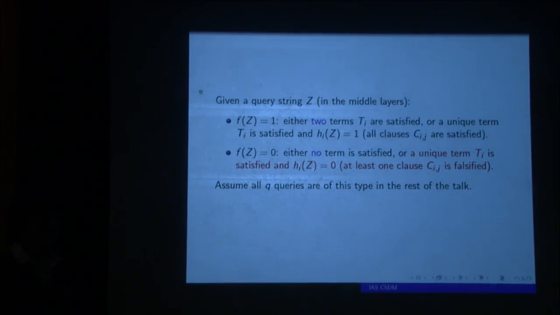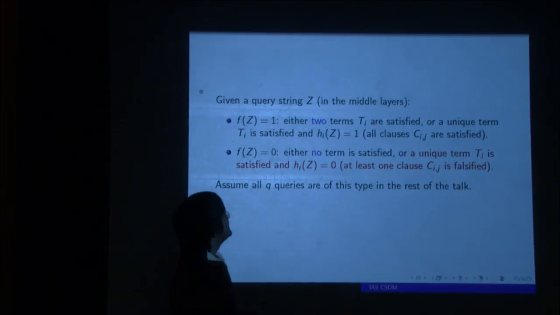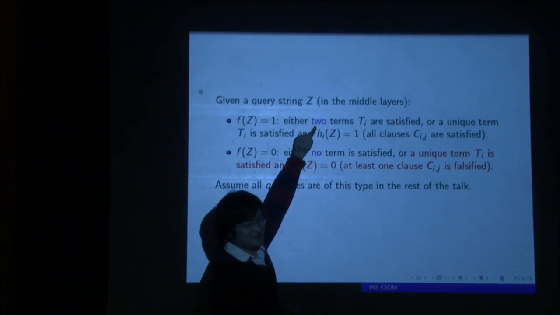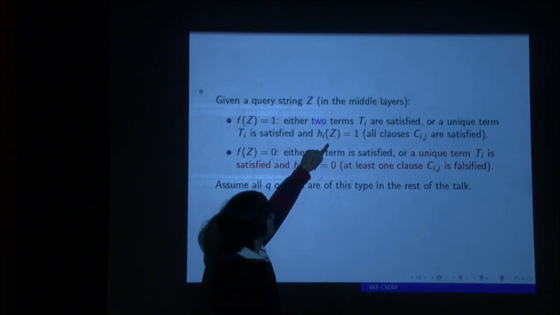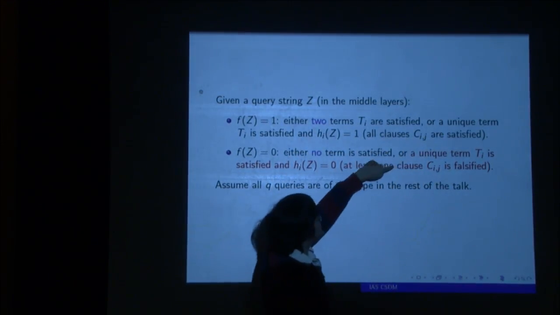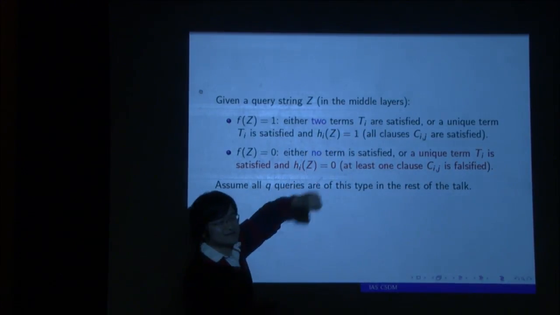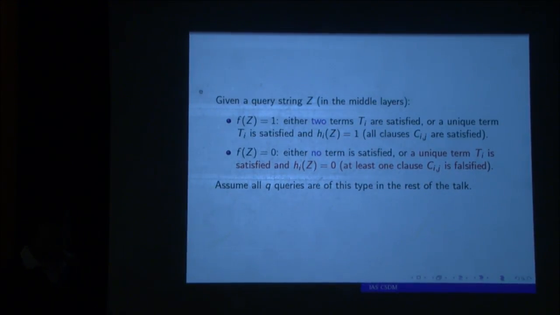Okay. So in the rest of the talk, I will assume that all the queries are of this red type. You made a bunch of queries. Every query satisfies a unique term. And if you go down the second level tree, it falsifies at least 1 clause. Okay. These are the most interesting queries because, for example, these 2 are definitely not interesting because you never get to see the second level at all. This is also not as interesting as the red one because when this happens, it says that all the clauses are falsified, right? Which is